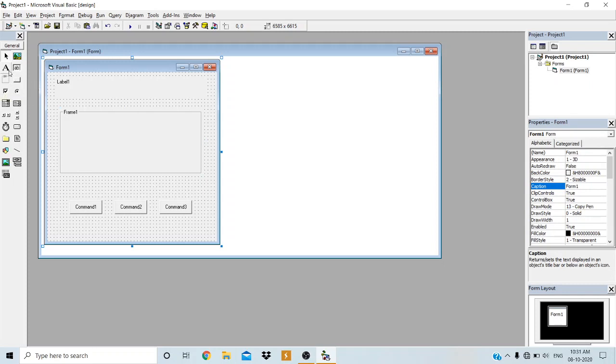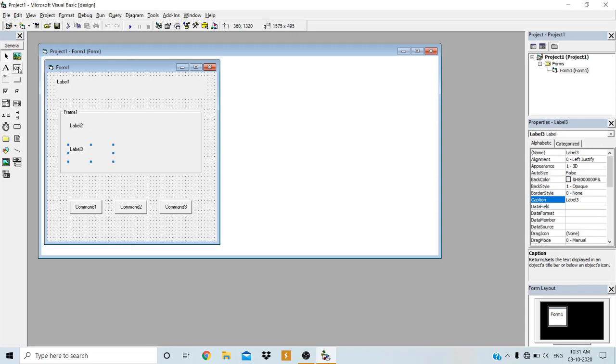Okay, now insert the first label on the frame here. Then insert the second label, just click and drag here.